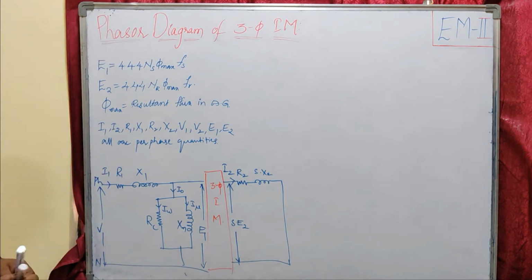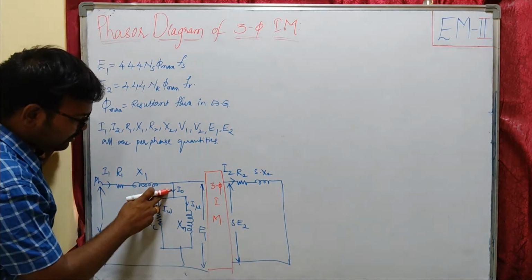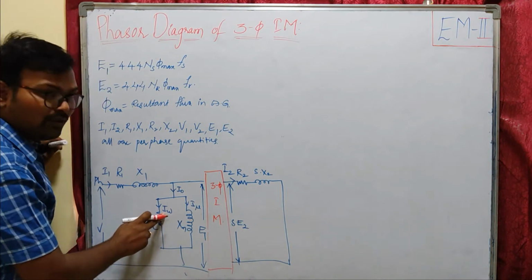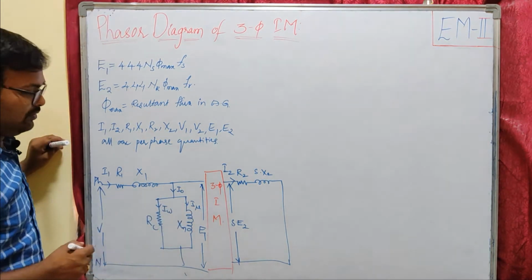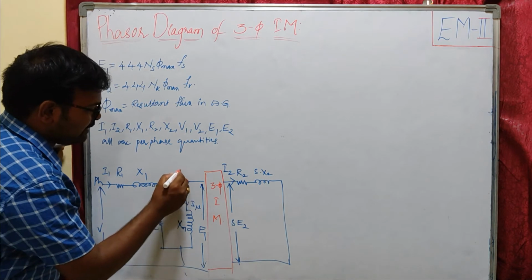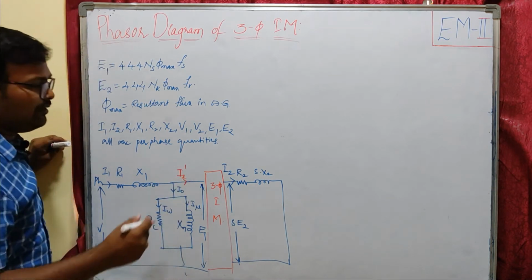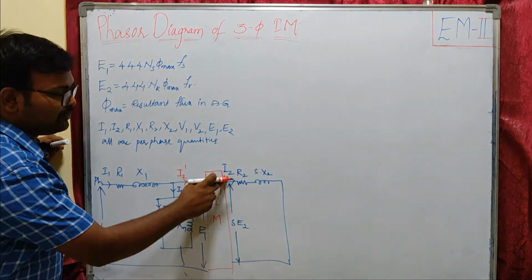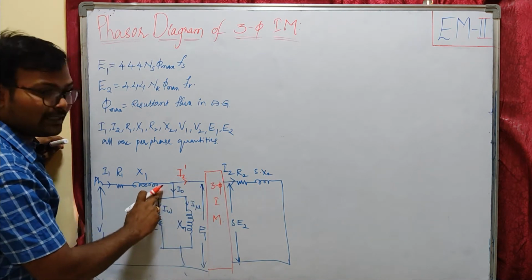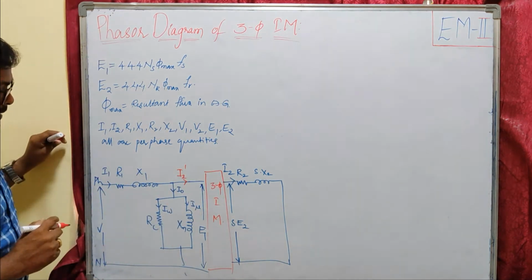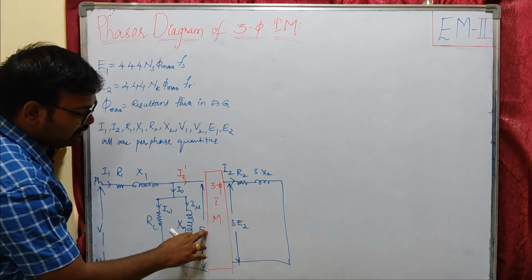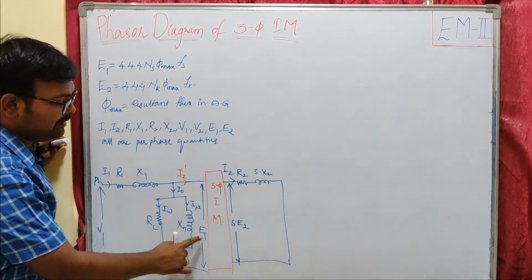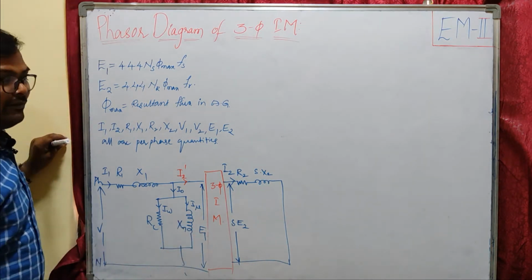Here you can see this is the no load current, which is dividing into the core loss current and the magnetizing current. We will have extra current, that is I2'. Whenever we have a load, we will have I2. This I2 will demand extra current from the stator, that is I2' here. We will also have E1 here, which is the stator induced EMF.